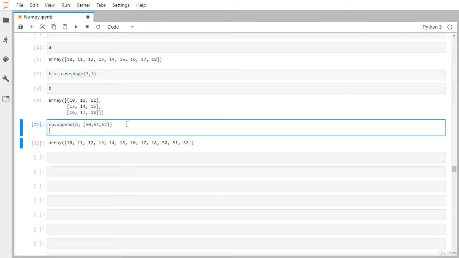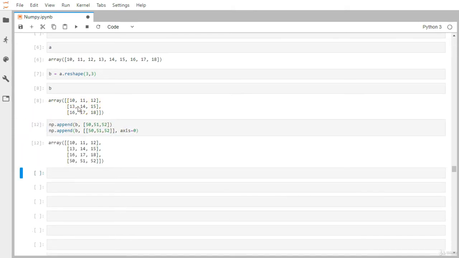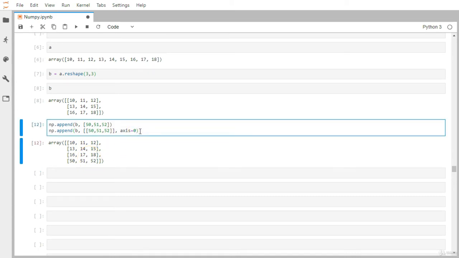You can simply use it this way, and wrap it up in another set of brackets, so it will behave like a one-dimensional array. Along with that, another argument you need to pass is axis equal to 0. Axis equal to 0 corresponds to rows, and if I execute it, you can see it has appended 50, 51 and 52 along the row, as the last row, when I pass axis equal to 0.